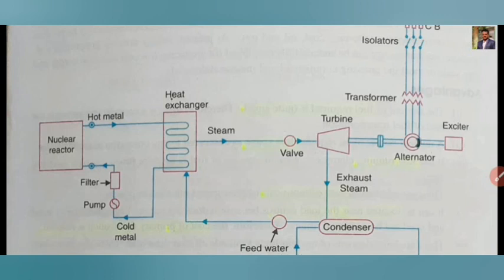How will we dispose of it? Basically the radioactive waste is disposed of in a deep trench, or in the sea, at the seashore, away from habitation. These are the disadvantages of it. Everything has disadvantages and also advantages. The main disadvantage is the disposal of this byproduct. So this is all about the nuclear power station.